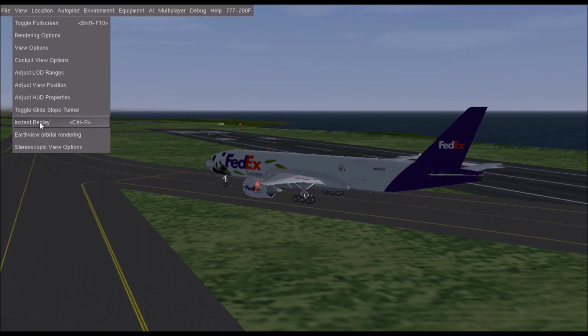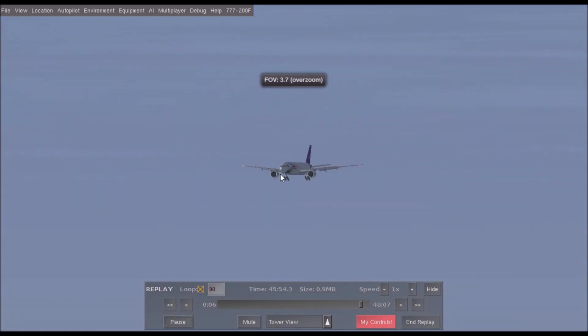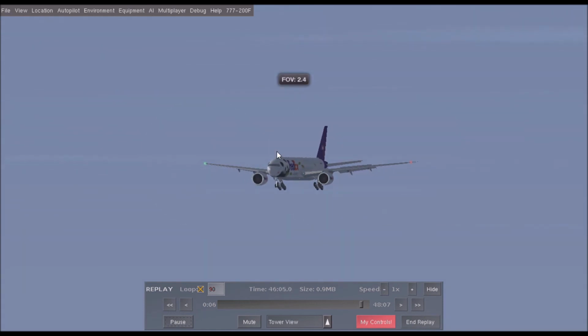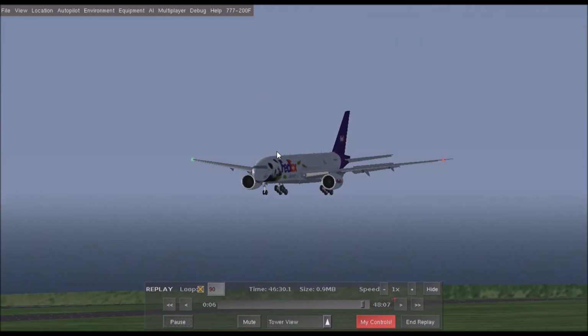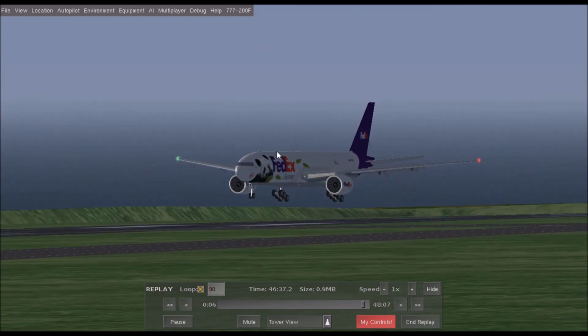So let's go and look at the instant replay. We're just gonna have to deal with that annoying flashing light, but we'll see. Says we're coming up on the 500 mark. 400, 300, minimums, 200, 100, 50, 40, 30, 20, 10,